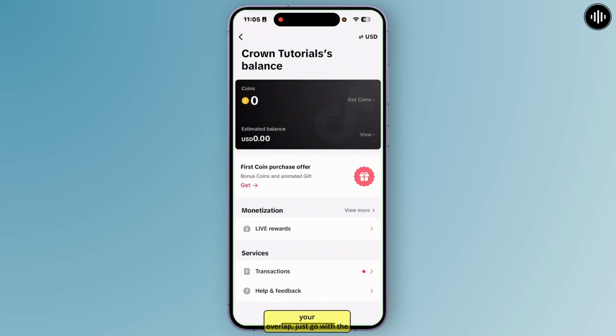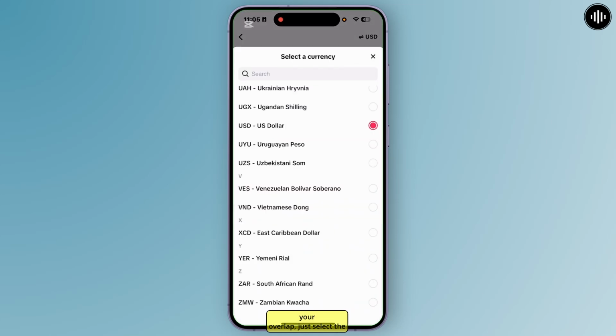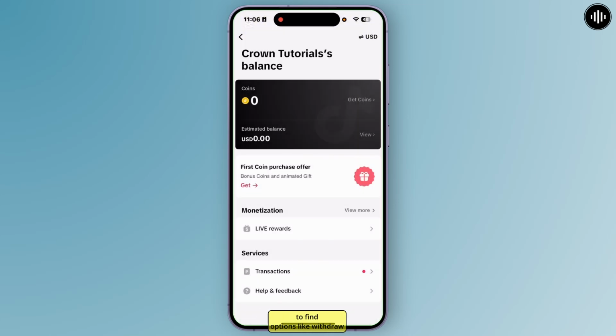So from here you'll have to go with the option like your transaction method, which will appear at the top right corner. So simply you have to go with that option, and from here you'll have to just select the payment method or select a currency. After you select the currency, you'll be able to find options like Withdraw. By tapping on that Withdraw option, you'll be able to easily add or remove a credit card from your TikTok